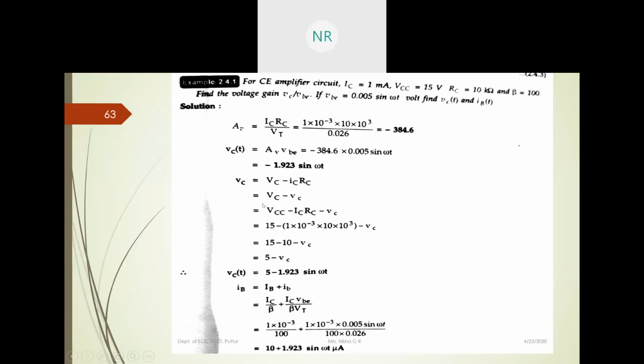So vC is VCC minus ICRC minus the AC component. Substitute all these values. VC is given here, you can substitute that. So vC of t is 5 minus this term,